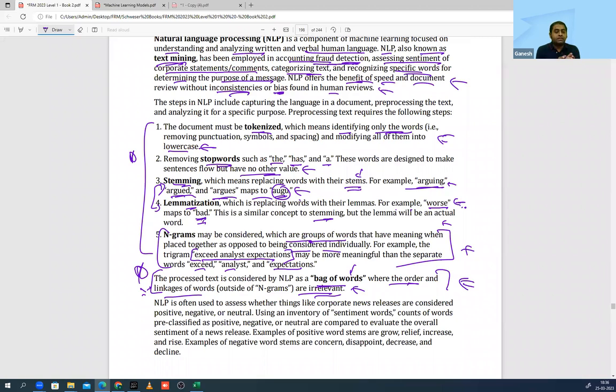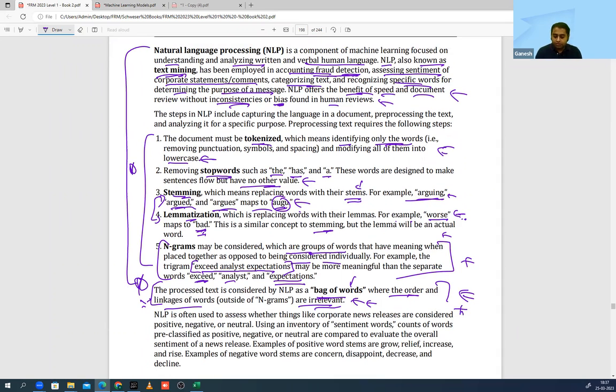ओके जब ये तीनों वर्ड साथ में आ रहा है, it indirectly means I am talking about some company, ओके, और उसने अच्छा परफॉर्म कर दिया, तो ये तीनों वर्ड को एक बैग में डाल दिया, ऐसा सोचो। ओके तो ये बैग जब भी पिकअप हो रहा है, मतलब ये तीनों चीज जब भी पिकअप हो रही है, it means this thing कि कंपनी has performed better. ओके so in this case order becomes irrelevant, मतलब अगर डेटा के अंदर पहले exceed आ गया या बाद में, पहले expectation आ गया, computer will read it that way. ओके I am taking a pause, asking you guys to read this entire section, then we'll move ahead.